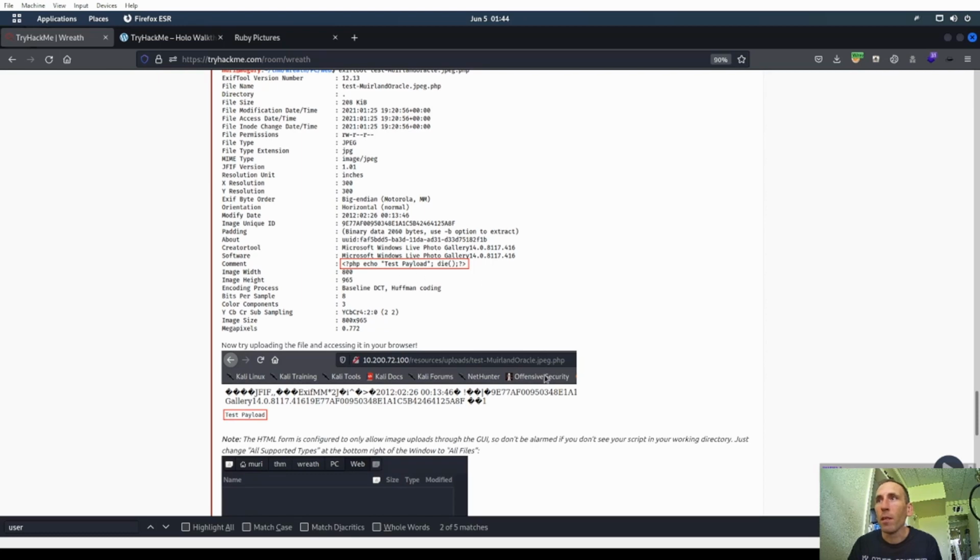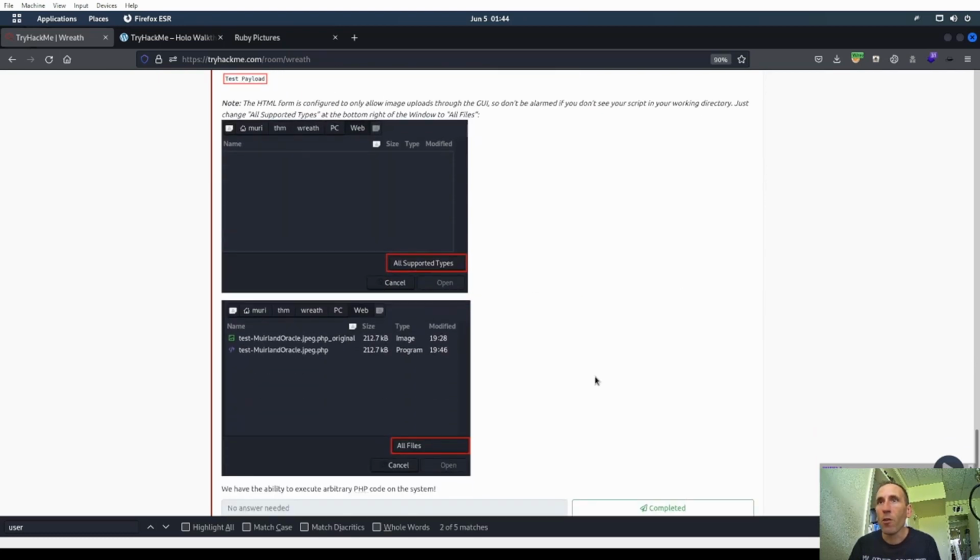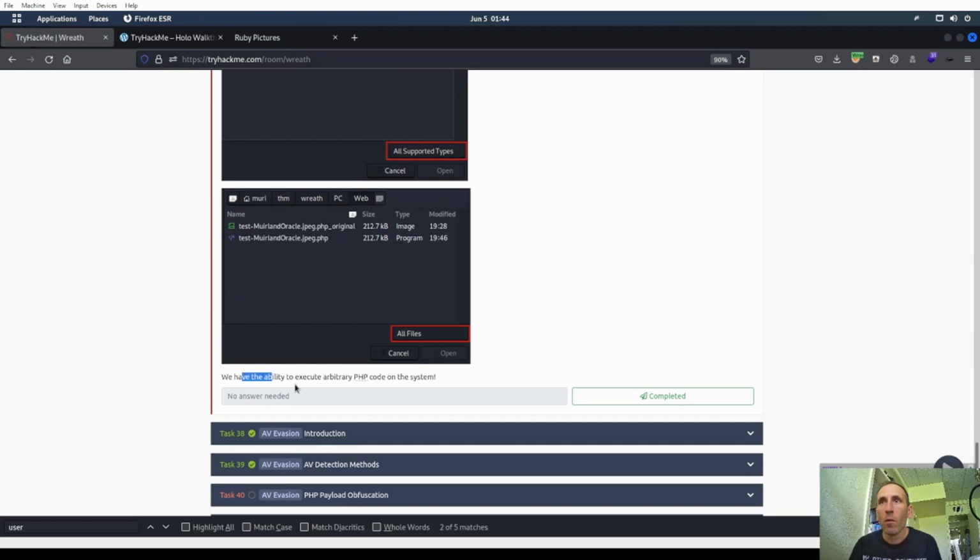Test payload and then die. Okay, what I think we could do is, we have the ability to execute arbitrary PHP code on the system. Yeah. So I'm thinking what we're going to do is,